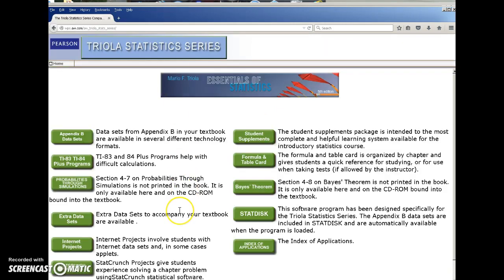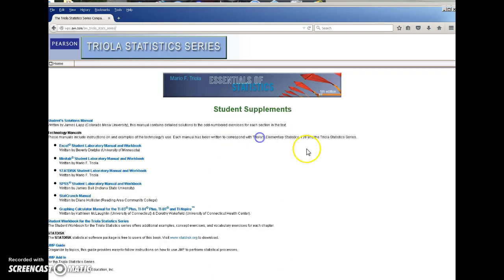Now, let's go back to the Resources page to get the lab manual. Click on Student Supplements. Now you have more than just the lab manual here. You also have the Student Solutions Manual, which I recommend using. It has complete detailed solutions for the odd-numbered problems in your textbook. That is extremely helpful for seeing how to work various problems that are exactly like the even-numbered problems that you